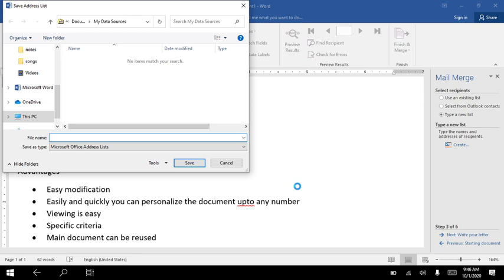Then what it tells: the save address dialog box opens, enter the name of the file in the file name box and click the save button. You'll just give a file name to that first. The mail merge recipients dialog box opens up.